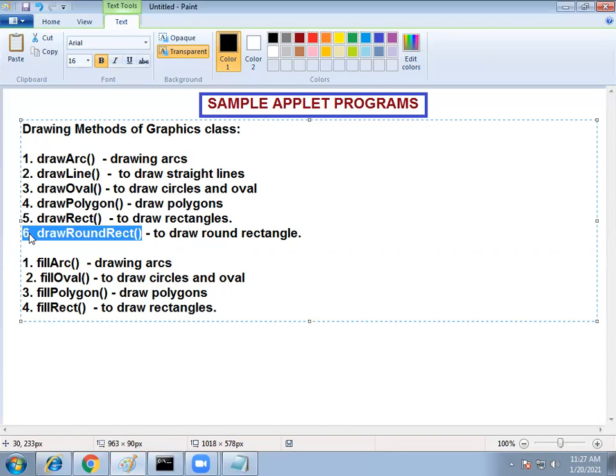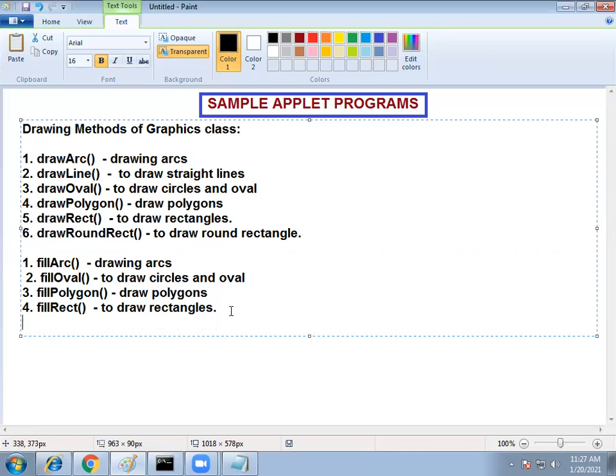And similarly fillRoundRect. That means you can fill the shapes with a specified color. By default the color is black. The default color is black.